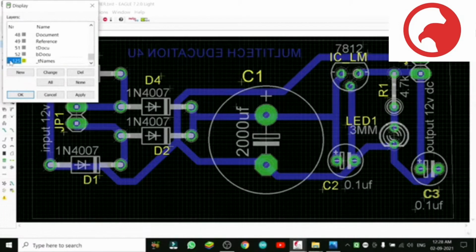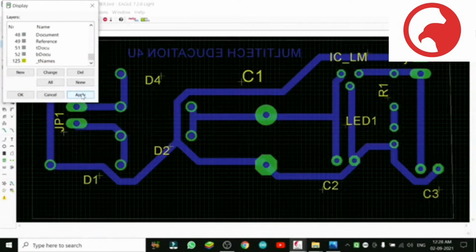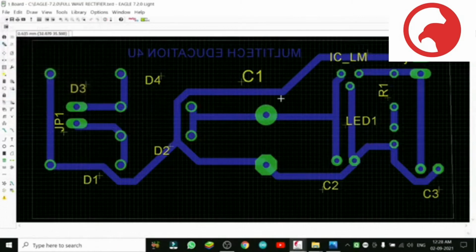So we will select only a few layers from here: the text layer, and from the top we will leave one layer, and below 3 layers we will select. So see it very carefully. What will happen, see, all those white marks have gone, everything is clear, no diode mark.